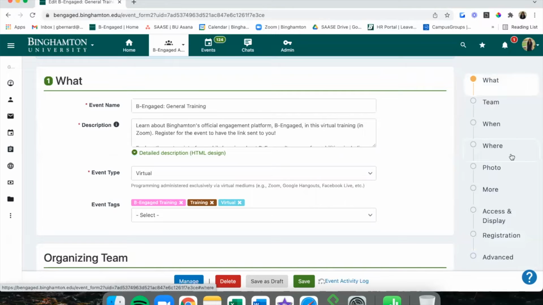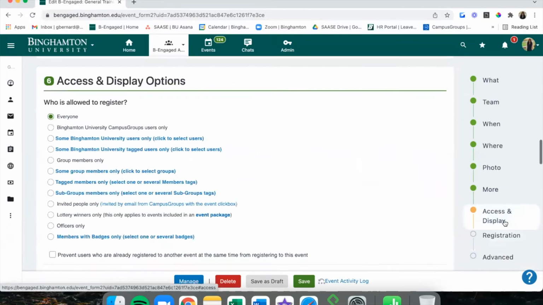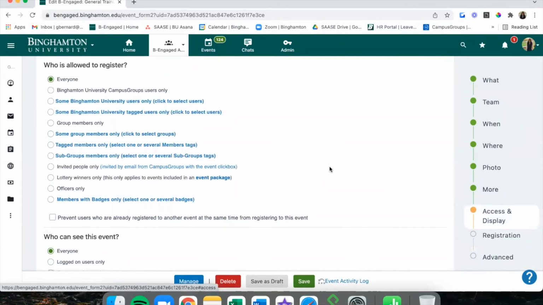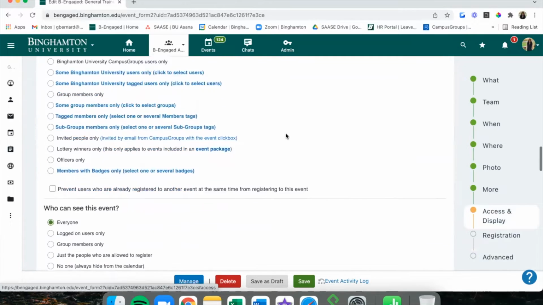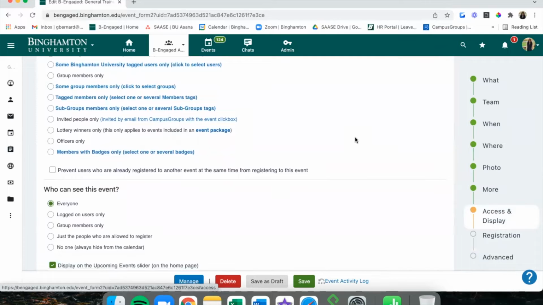Maybe you have a specific access and display setting you use every single time you create an event. Maybe it's just open to everyone. Maybe it's just specific tagged members, or maybe you have some combination of a bunch of different things for a bunch of different events. So maybe you have major events that are open to everyone that happen every semester, but maybe you have officer specific events that also happen every semester.